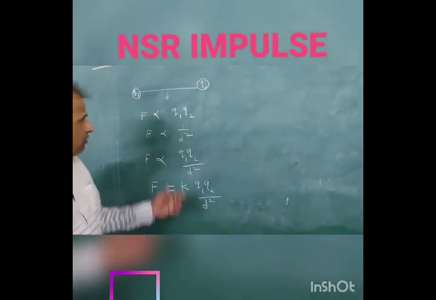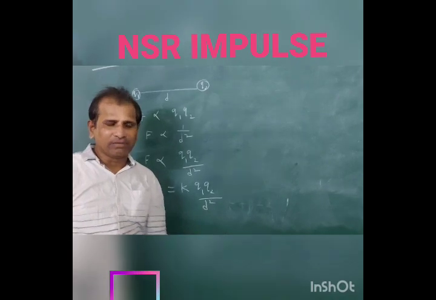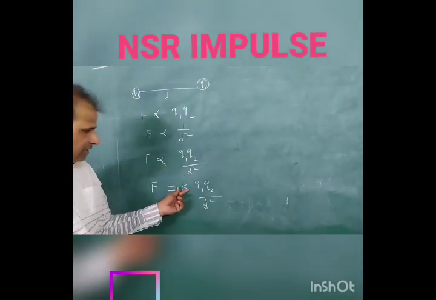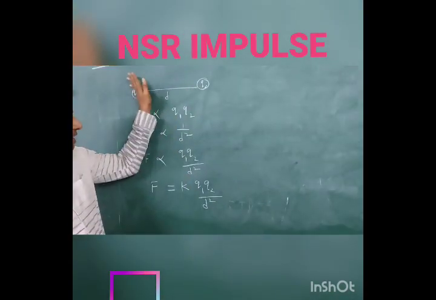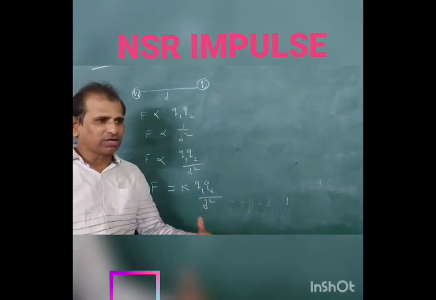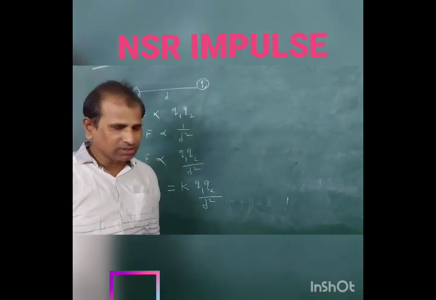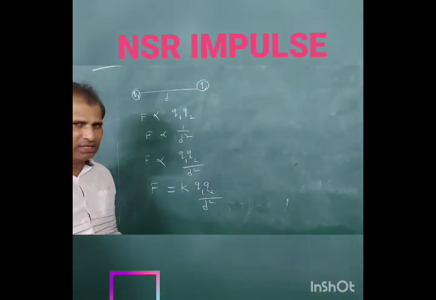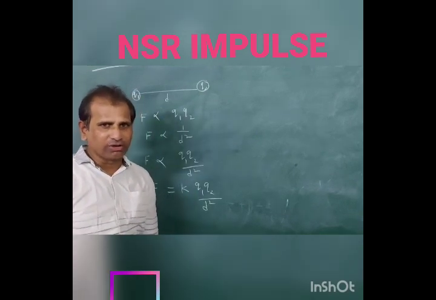That means if these two charges are separated in air medium, or we can also call it free space, then k takes a certain value. If these two charges are separated in any other medium, meaning between these two, if any dielectric medium or insulating medium is there, other than air or free space, then k takes a different value. So k depends on the nature of the medium existing between the two charges Q1 and Q2.